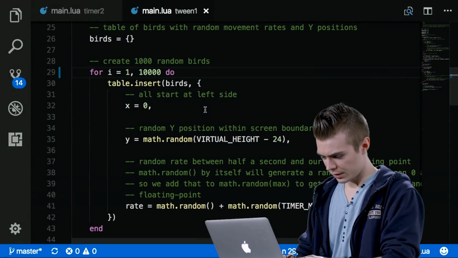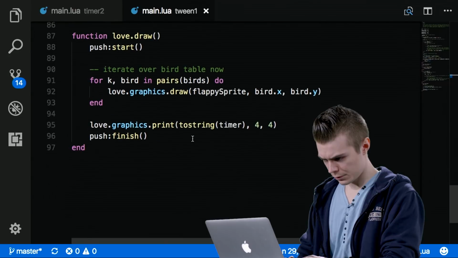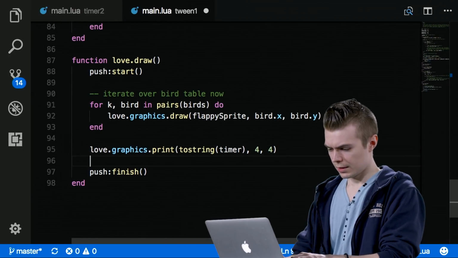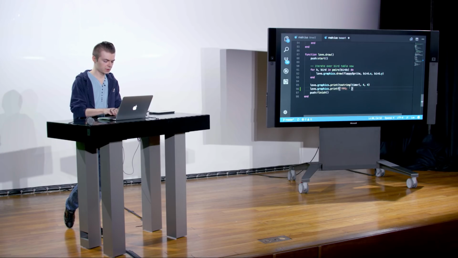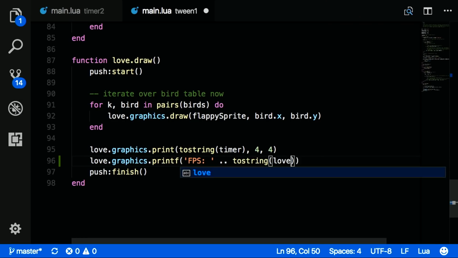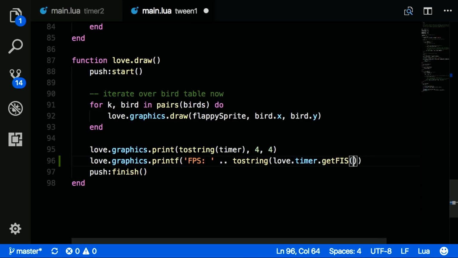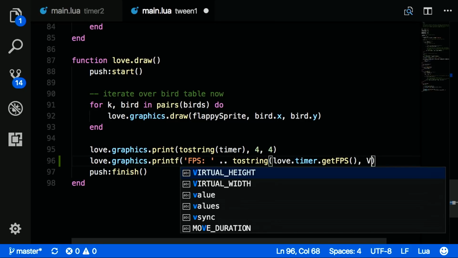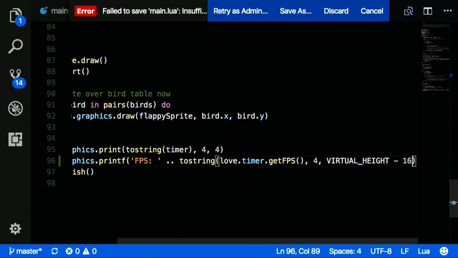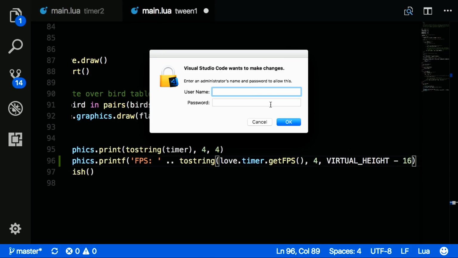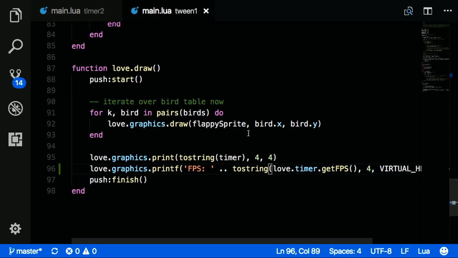If we wanted, we could go down to love.draw and use love.graphics.printf, FPS, and then tostring, love.timer.getFPS, and then let's set it to 4, and then virtual height minus 16. And then I have to save again. This should have the effect of giving us our frame rate, so we can really stress test this and see what the